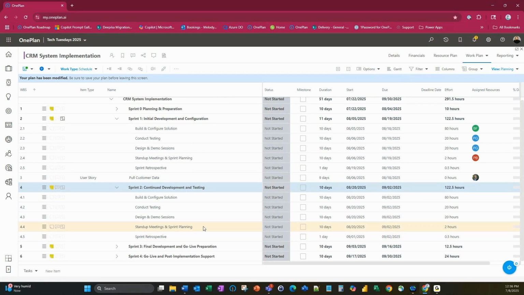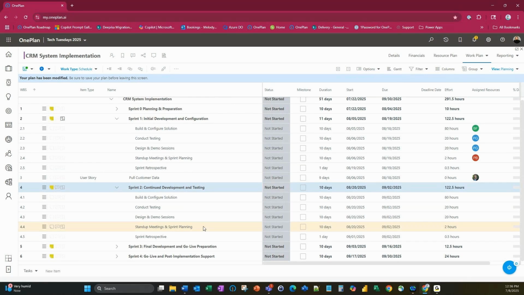Your stand-up meetings and your sprint planning, those are very important as well. This is where you want to periodically take the time and go back and look at your user stories. Are there any of them that you need to adjust based on the additional information that you received? Are there any changes that need to be made? Or maybe a story is no longer relevant and it just needs to be removed from the system.